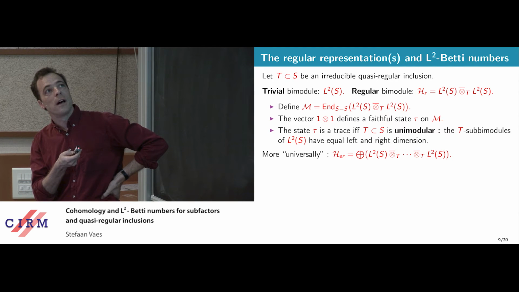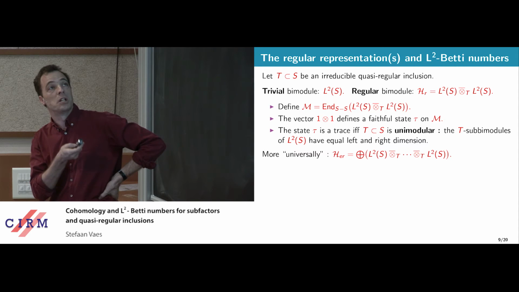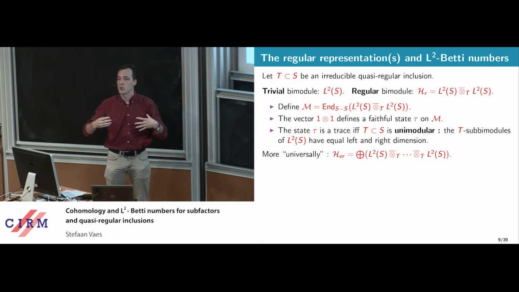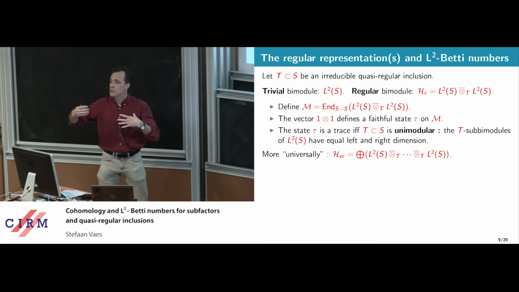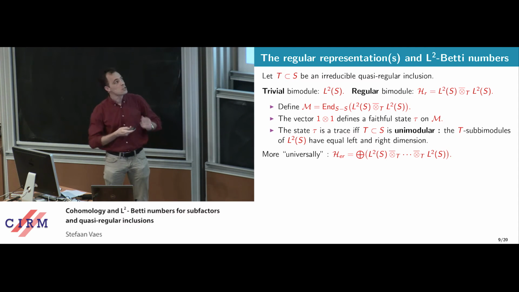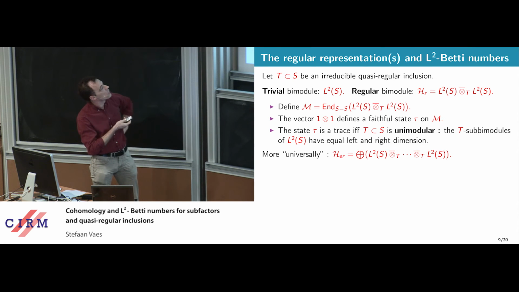you could take a next tensor product with itself, for instance, and if this would be the good regular representation, you would somehow need a kind of Fell absorption principle, that if I start to take tensor powers, they should be multiples of itself. Well, that's not yet true in general for this one, and therefore actually you have to take all tensor powers with at least 2 factors, of course. So the more universal regular bimodule is this one, where you take all these tensor powers, and then still you